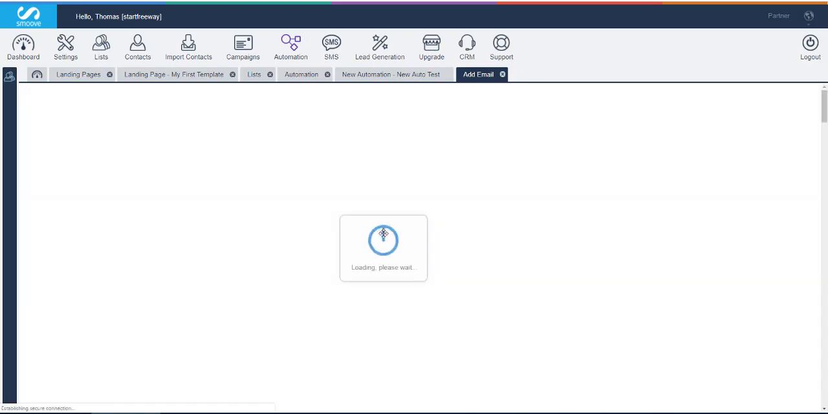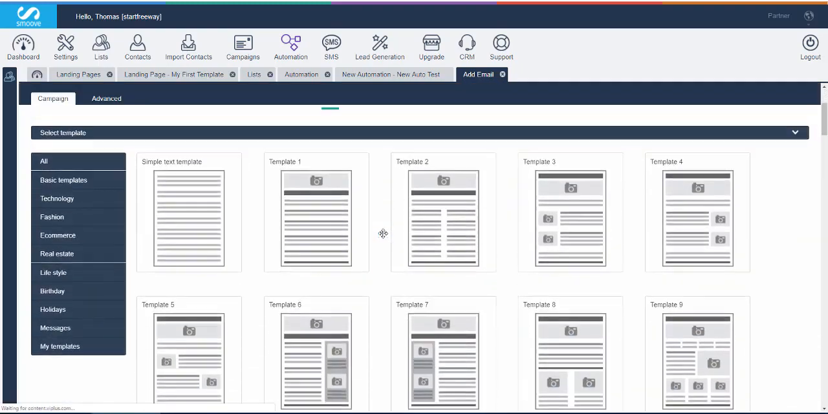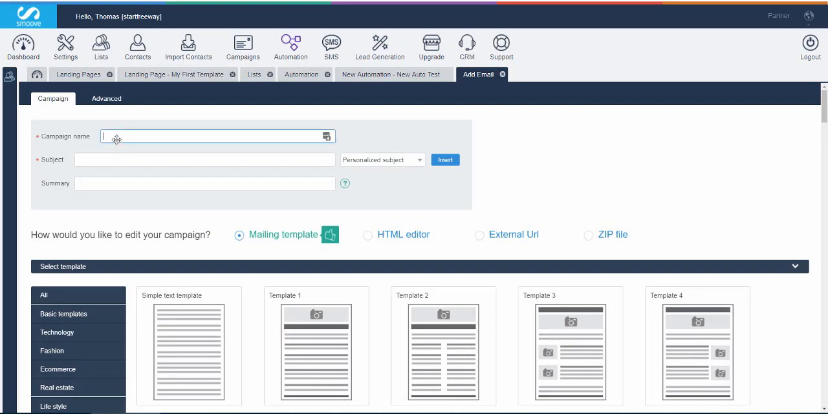Add email. And you have a bunch of templates to choose from. First thing you want to do is enter in the campaign name. So I'm going to call this one my first email campaign. Subject, I'm going to call this one